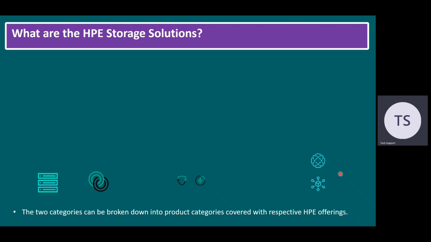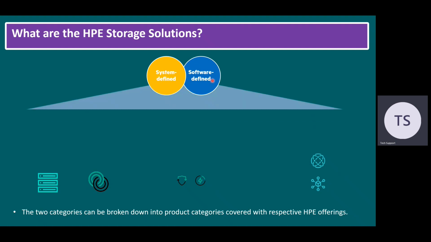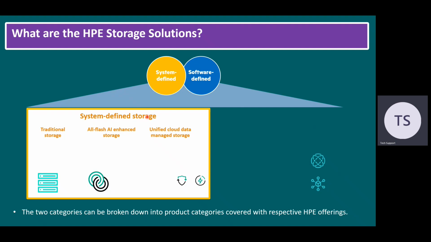And if we plan to use it for object scale or high storage environments, or object-based storage also, we can use these solutions. So let's understand them one by one. As I mentioned, we have mainly two types of storage solutions: system defined and software defined. When it comes to system defined storage, we have three categories: